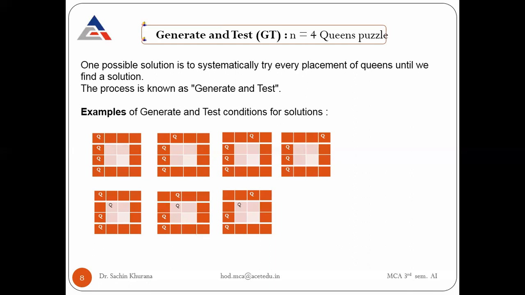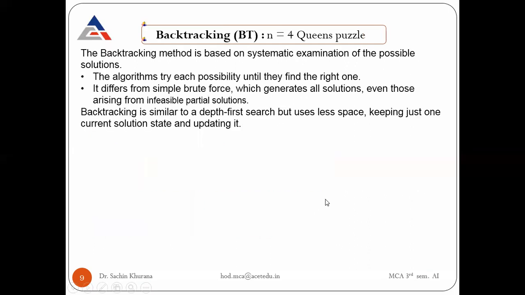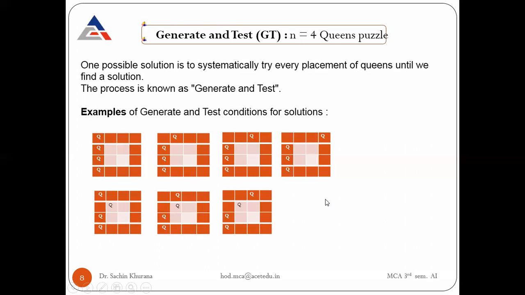So what we do is we place a queen at one of the random locations in between only, and then start moving the second queen, generating the position again and testing whether it can be attacked or not. So these are the placements of queens, generating and testing. This is one of the solutions to find out whether the placement would be fine or not.